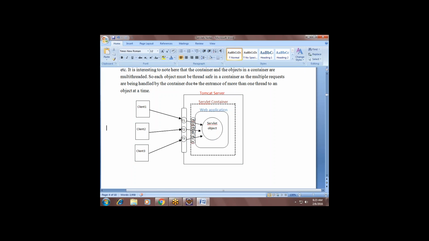Why? Because if the client sends any data, this servlet is called HTTP, which means the data from the internet comes through the HTTP protocol. Do you know that? Over the network, the data is transferred through HTTP protocols, which are network protocols.